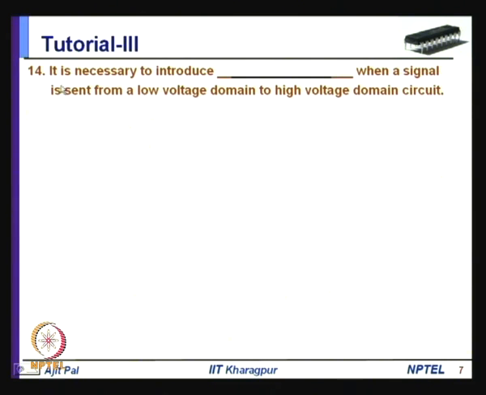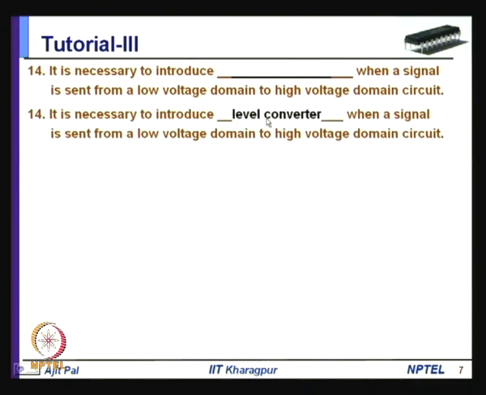So, coming to question number 4, it is necessary to introduce dash when a signal is sent from a low voltage domain to high voltage domain circuit. So, it is necessary to introduce a level converter when a signal is sent from a low voltage domain to high voltage domain circuit. So, the reason is the same as